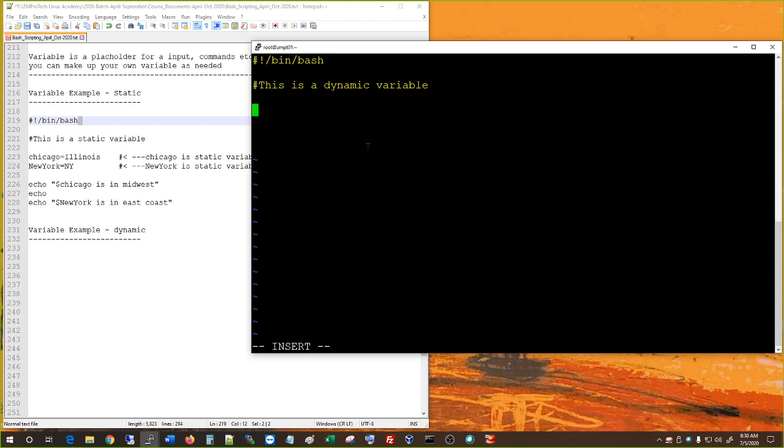So what I'm going to do is read. So read, I'm going to say, okay, let's do read Chicago. Okay, and let's do another read and then we'll give New York. Okay,